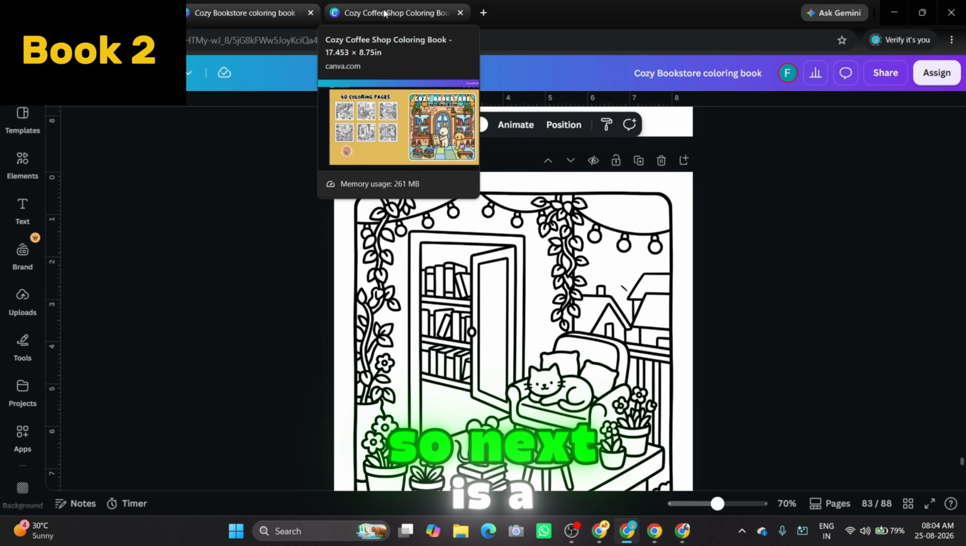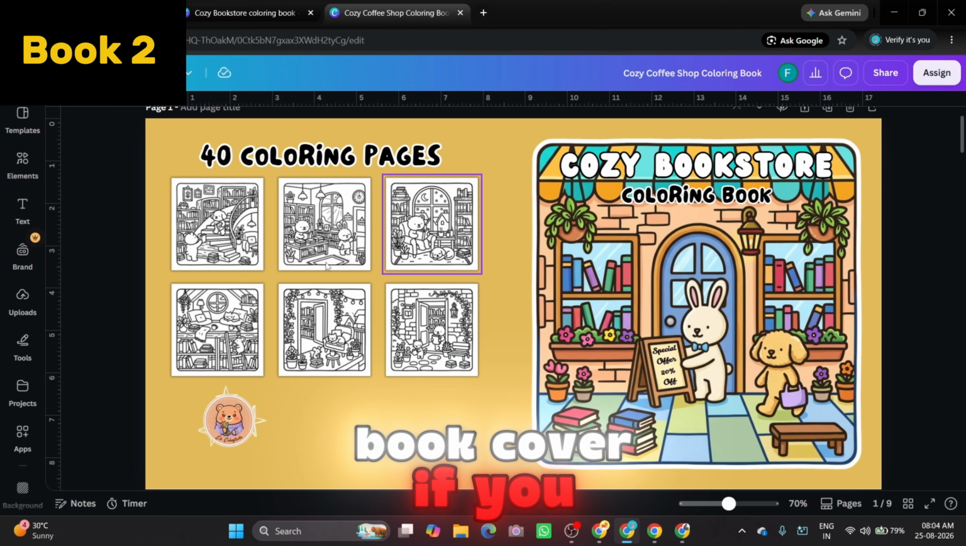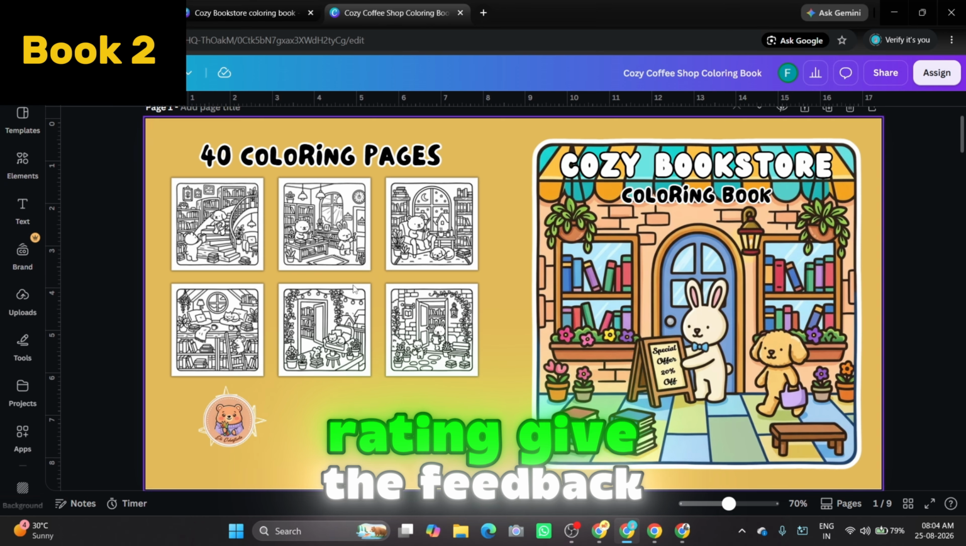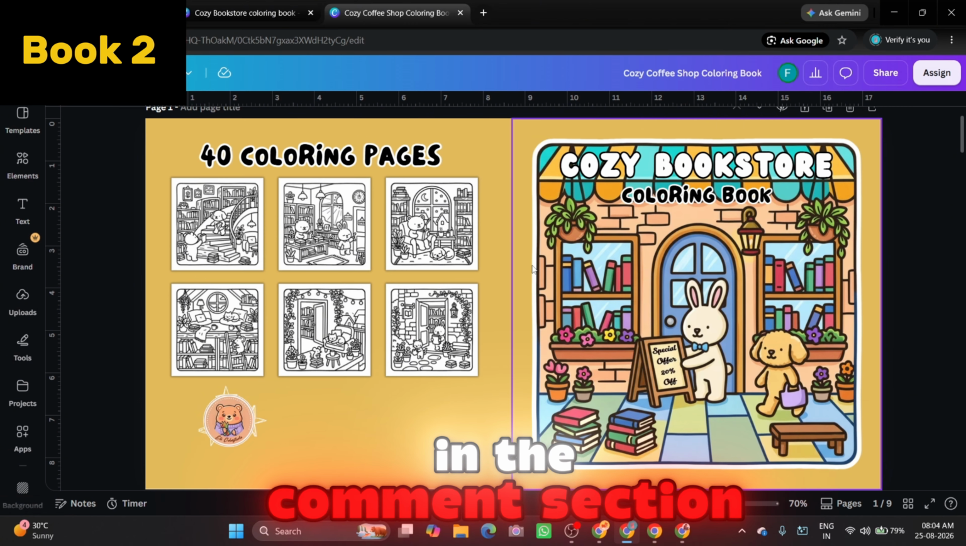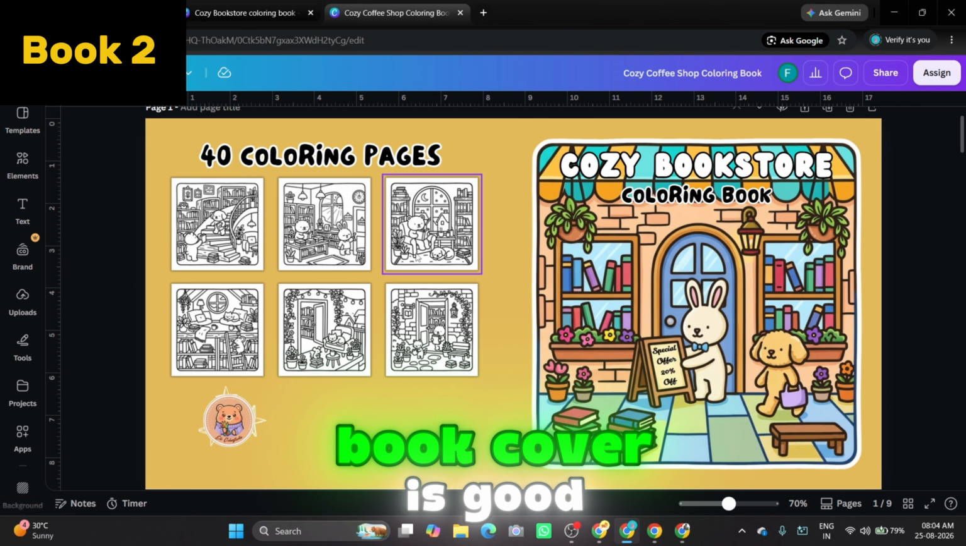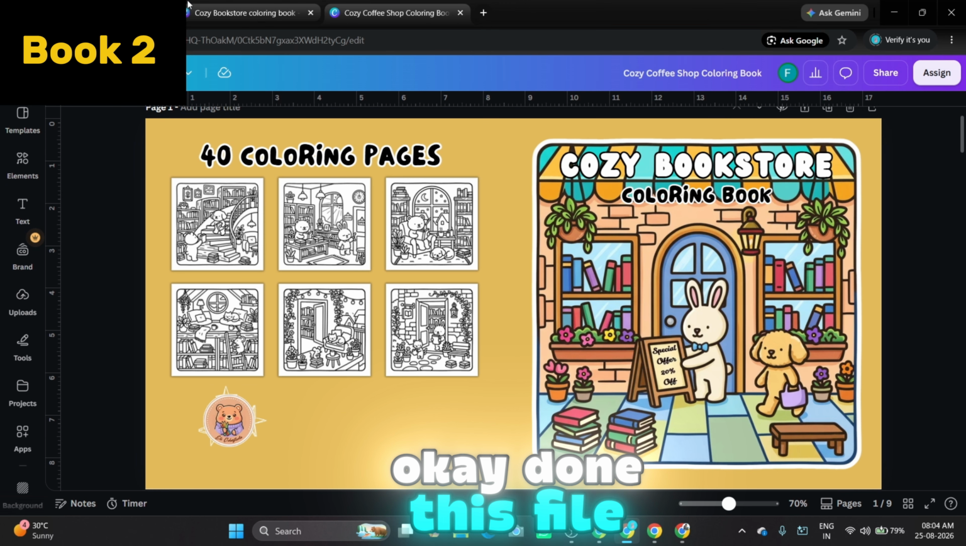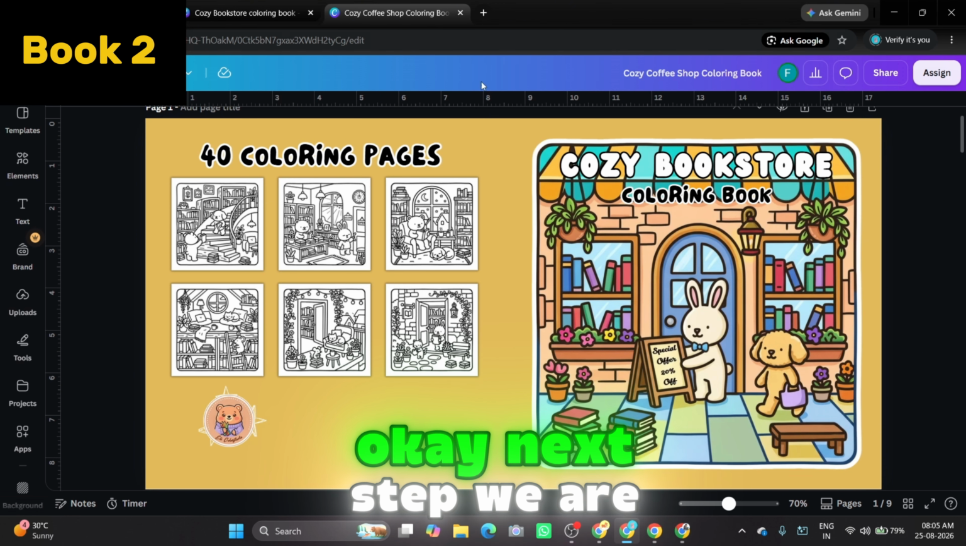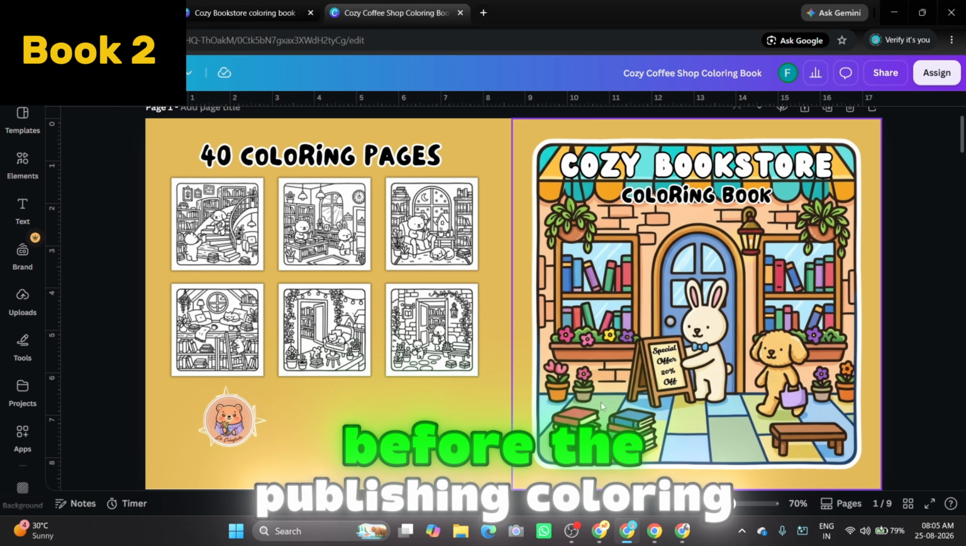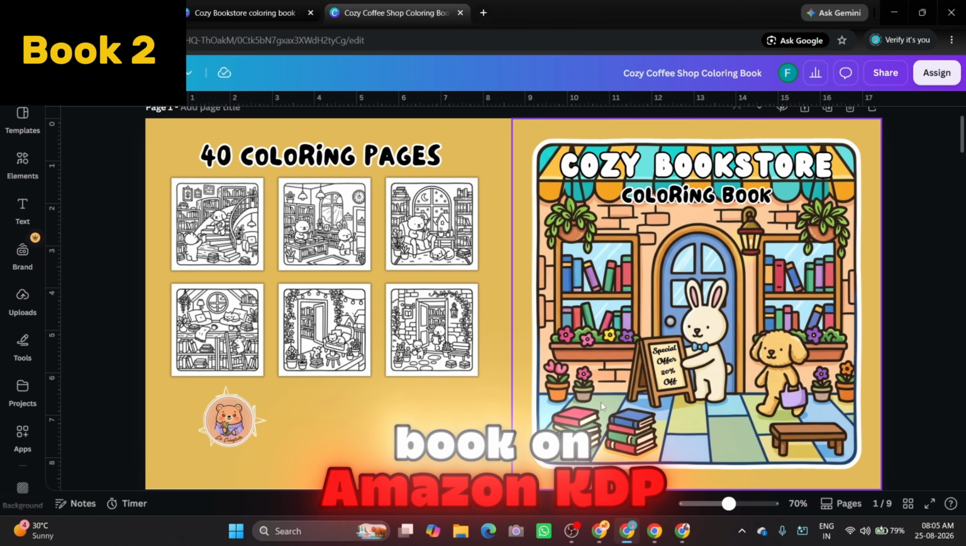Okay, so next is the book cover. If you like this book cover, give the rating, give the feedback in the comment section, and mention whether the book cover is good or not. Okay, this file is done. Next step, before publishing the coloring book on Amazon KDP,